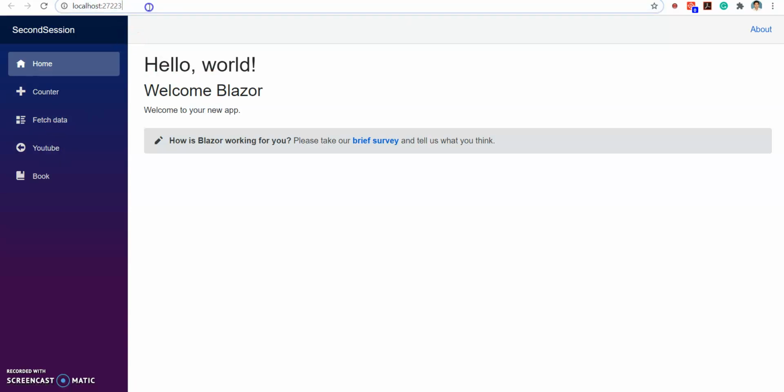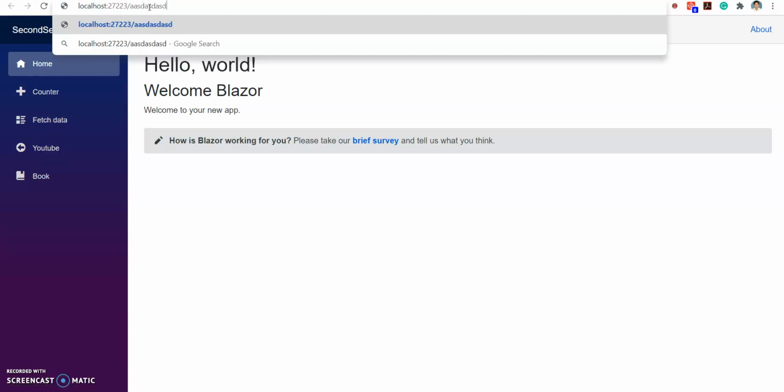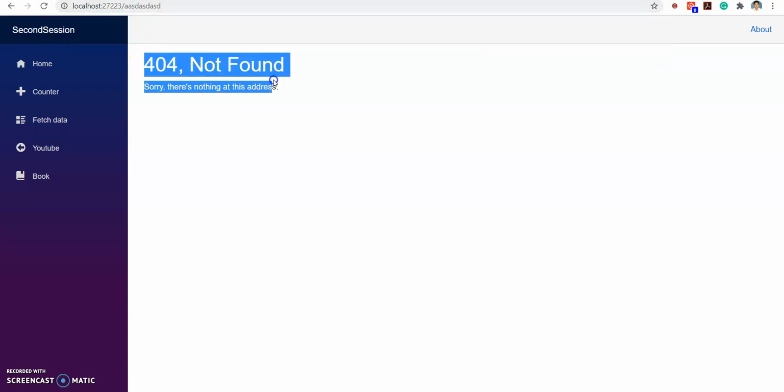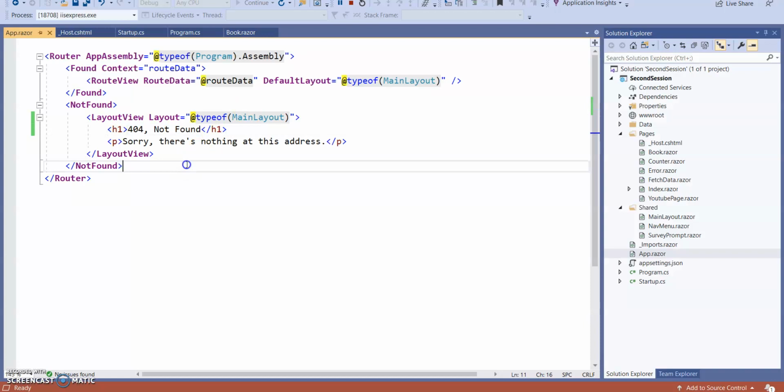If I now type anything which is not present in the application, you can see it shows 404 not found. So whenever our server finds that a particular URL is not found, it will run this part of code.